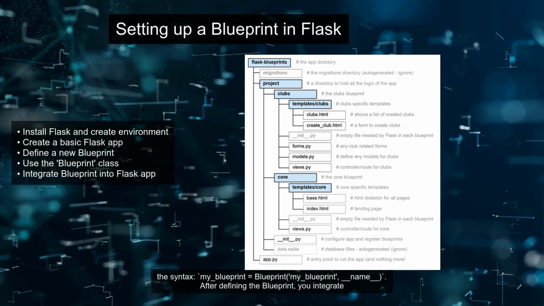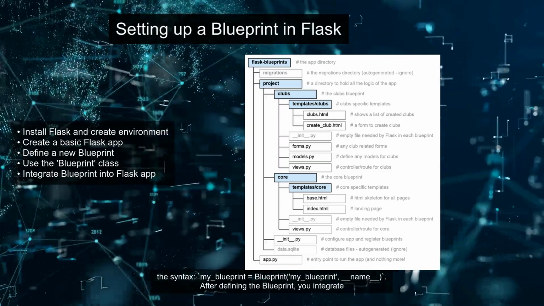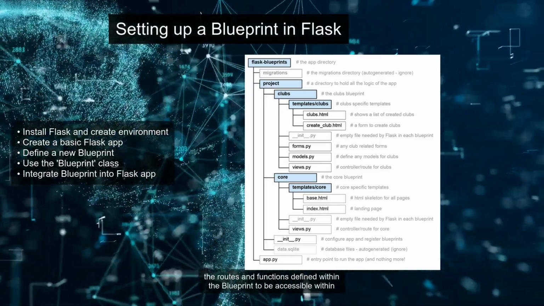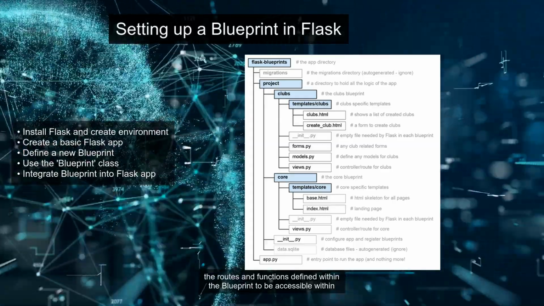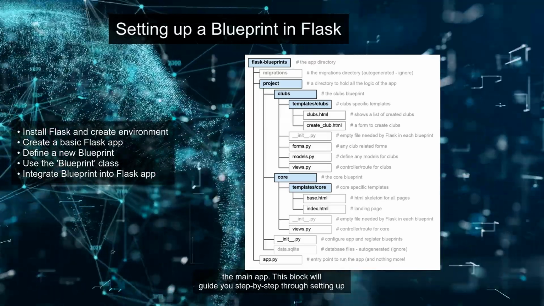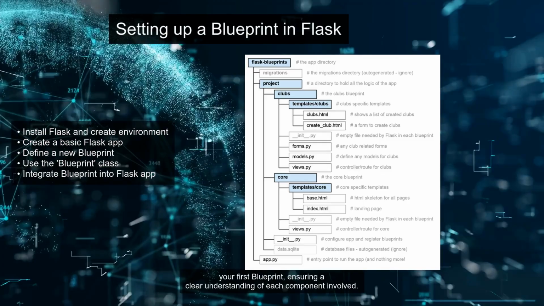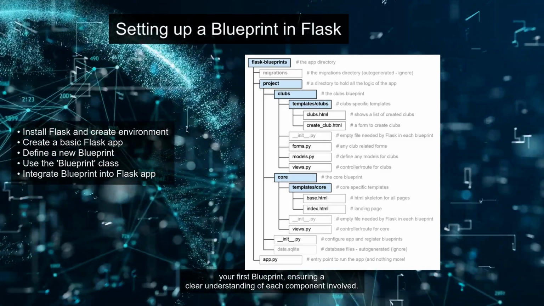my_blueprint, name. After defining the blueprint, you integrate it into your main Flask app using the app.register_blueprint(my_blueprint) function. This allows the routes and functions defined within the blueprint to be accessible within the main app. This block will guide you step by step through setting up your first blueprint, ensuring a clear understanding of each